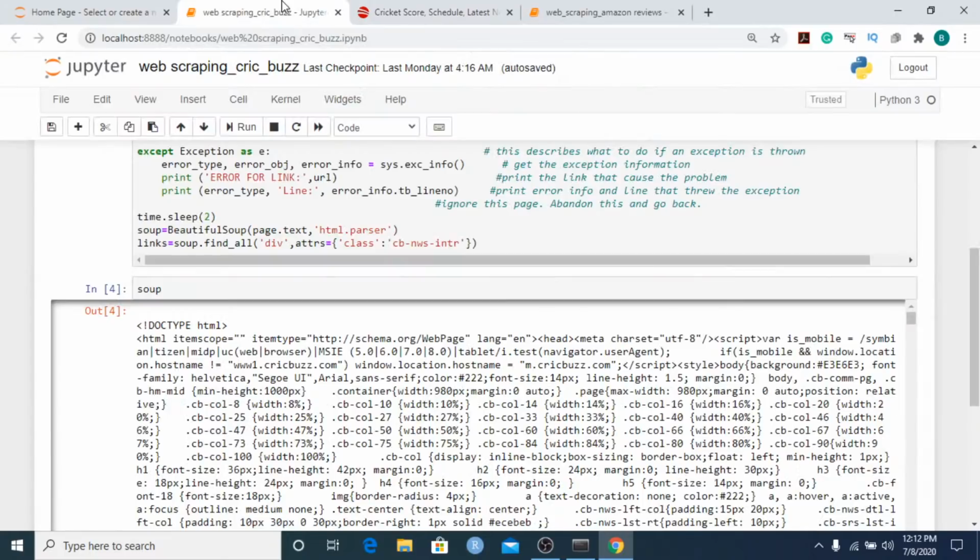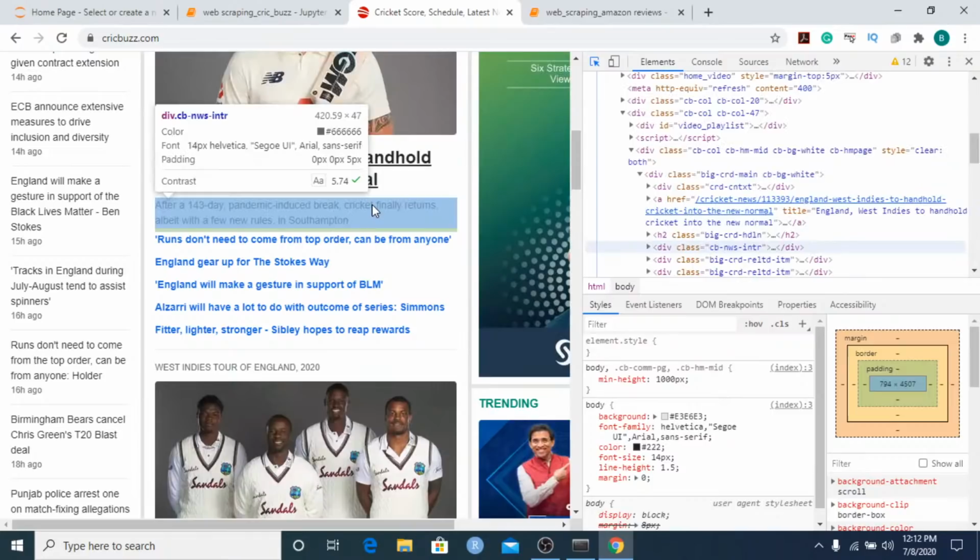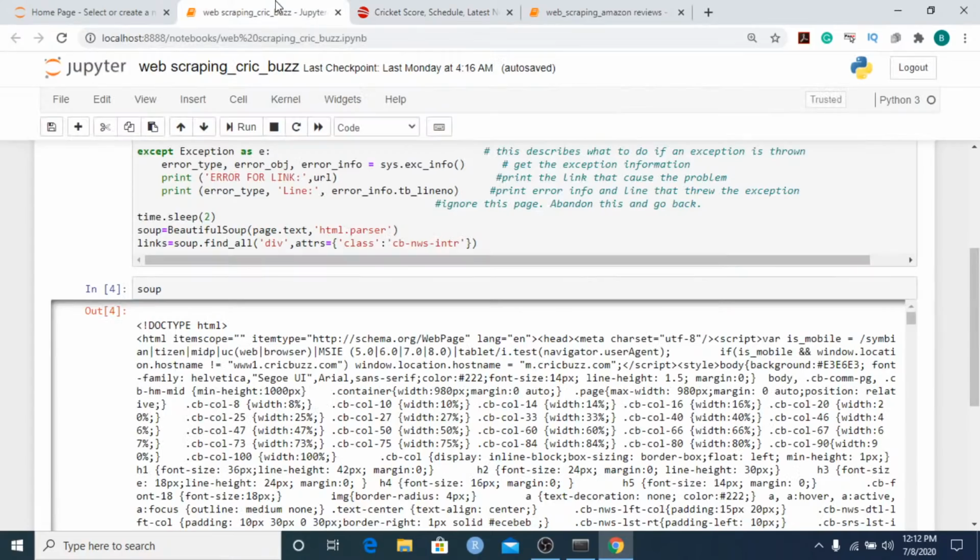Now let me go back over here. What we are basically doing is, once we pass this HTML text to normal text, we would want to find all the div tags. As you see, this text is present in the div tag and it has some attributes. The attribute is